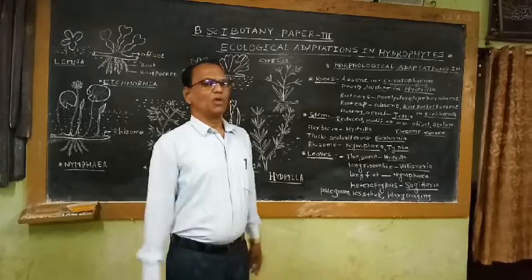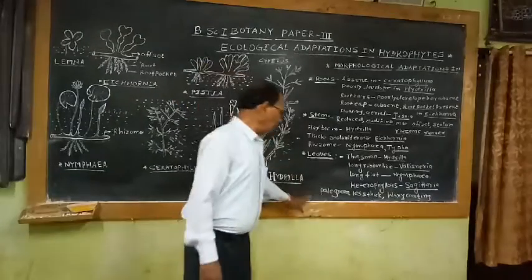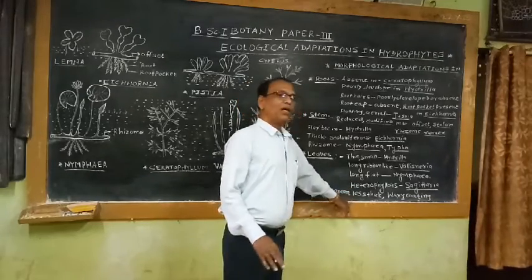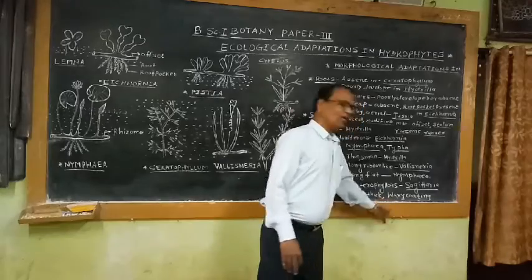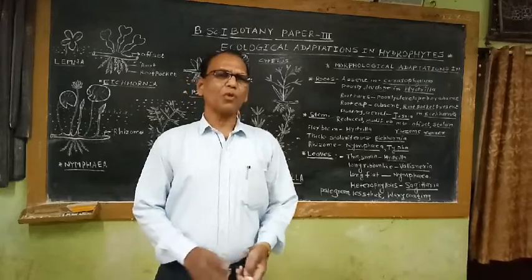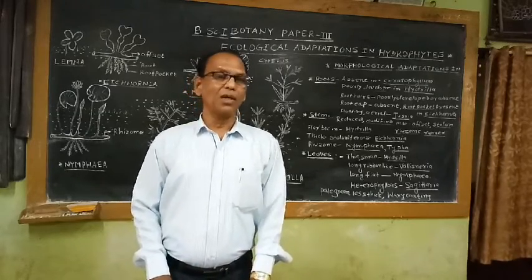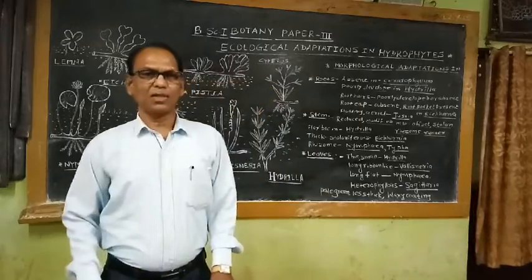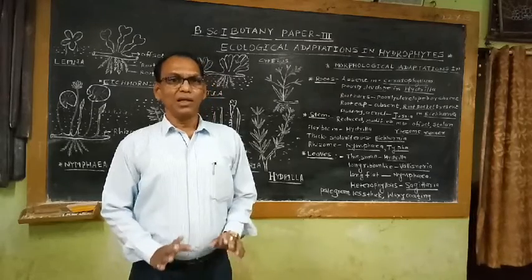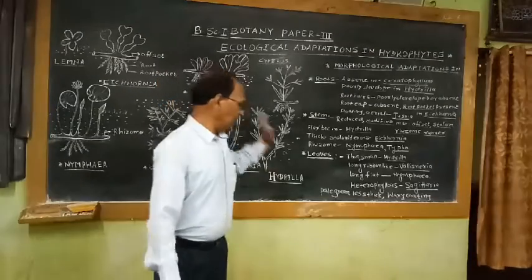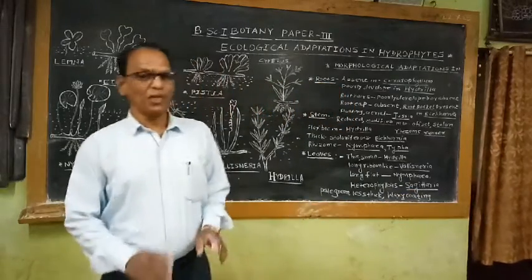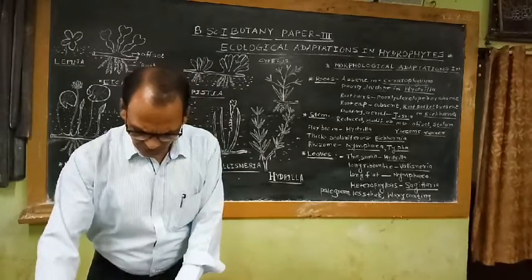If we observe the leaves of most of the hydrophytic plants, the leaves are generally pale green in color. They are not dark green like land plants. Leaves generally have less thickness, and they generally have a waxy coating on their surface. What is the purpose of the waxy coating on the leaves of hydrophytic plants? This waxy coating in aquatic plants helps prevent excessive wetting of the leaves and prevents decaying of the leaf lamina. These pale green, less thick leaves with waxy coating are also morphological adaptations shown by the leaves.